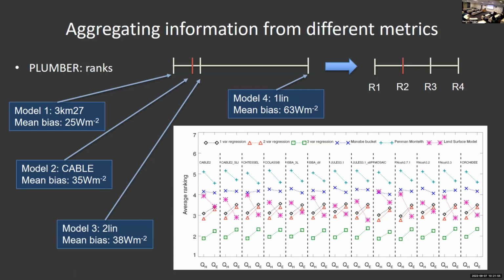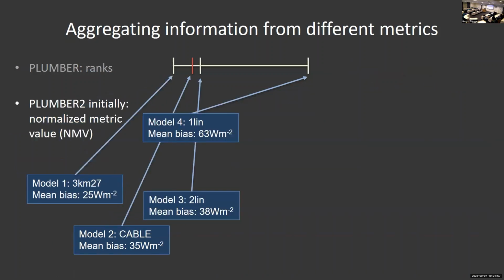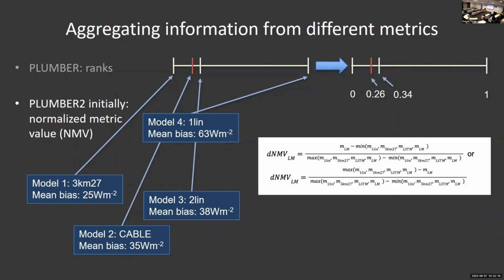And that's given us a new version of those PLUMBER plots. I don't want to show you too much here because actually, only last week, as a result of Matt Lipson's feedback, who's on the call, I've changed what the focus of this is. I was using this dependent normalized metric value as the basis of the analysis, and I've changed that now. And Matt made a really good suggestion, and that was this. Instead of that,